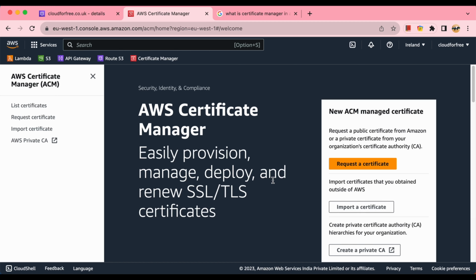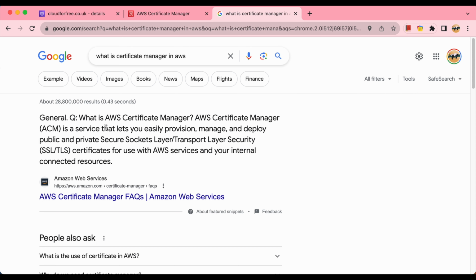In this video, I'm going to create a certificate in AWS Certificate Manager. Now, before creating a certificate, let me show you what is an AWS certificate. In AWS Certificate Manager, we can provision, manage, and deploy public and private Secure Sockets Layer or Transport Layer Security, which is SSL and TLS certificates, for use with other AWS